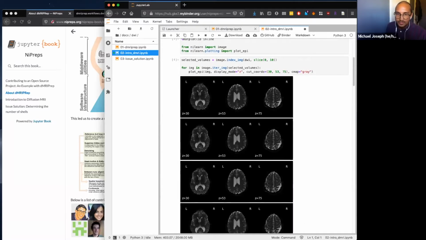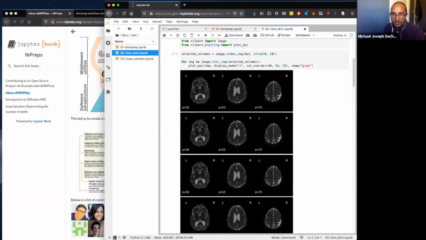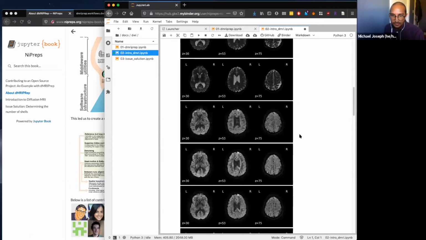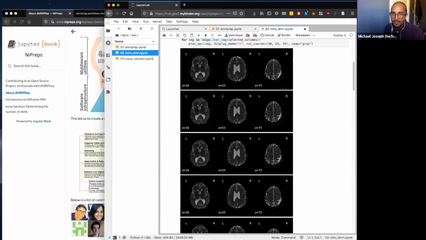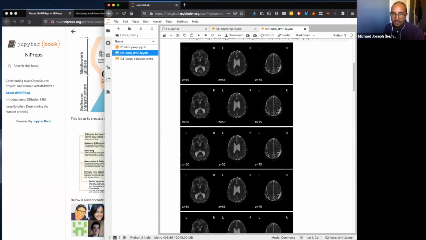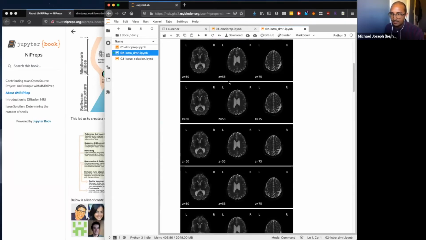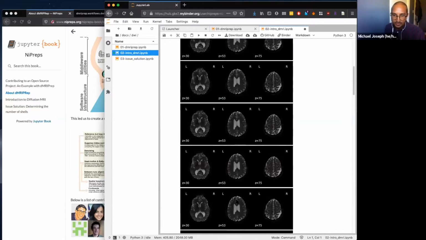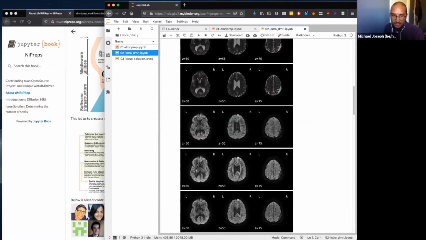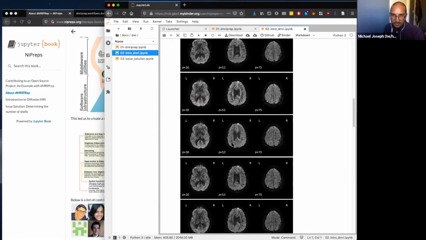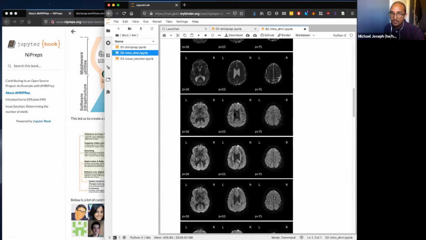So here's what our image looks like. We have, I guess, 10 different volumes plotted. Our first 5 volumes look pretty similar. I guess you can say they almost look like a T2 image. But our next 5 volumes look very different. So what this is showing is,